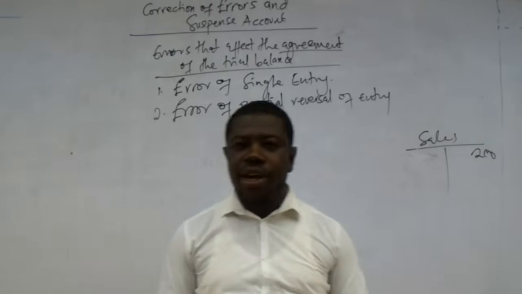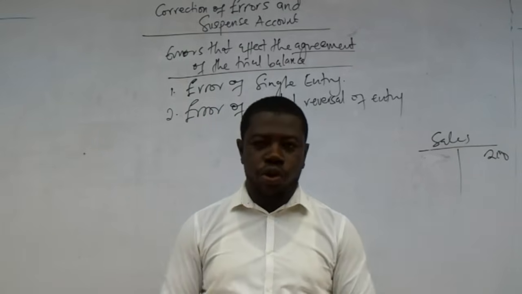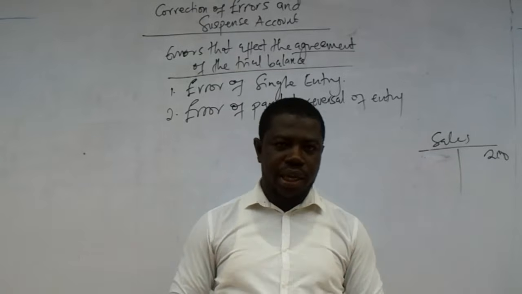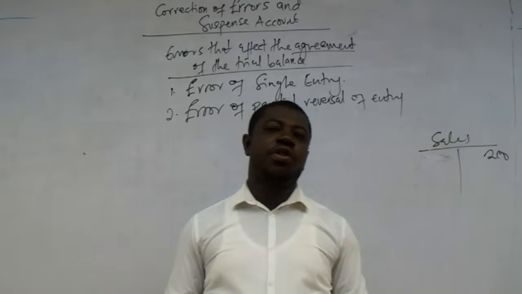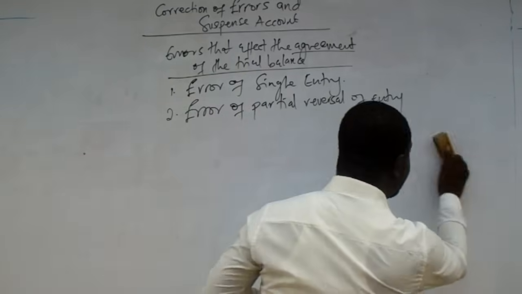And when we come to the single entry, to ask for the single entry, it's very simple. Once you fail to record, you just go and record the same amount there, and then it will still stand. All right. So that takes us to our third type of error,